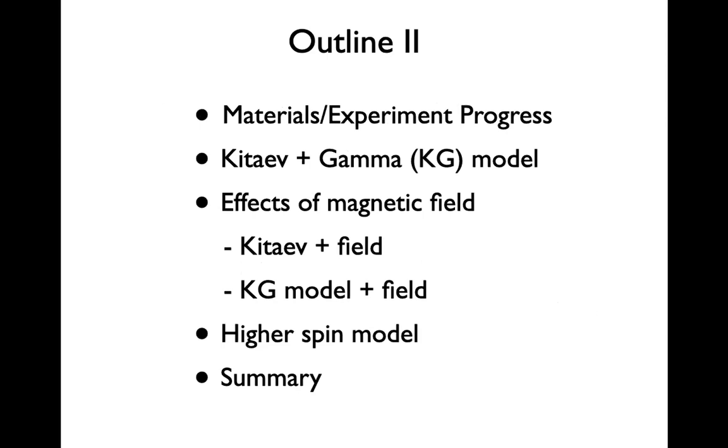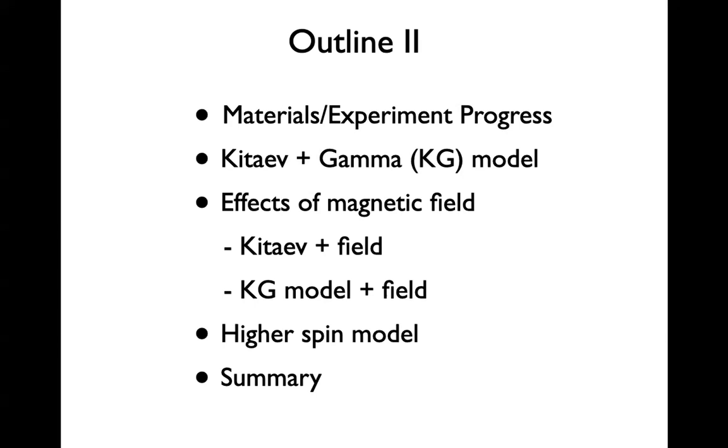So it's material and experimental progress. It's a short review mainly focusing on alpha ruthenium trichloride. And then I'll convince you that the physics of ruthenium chloride 3 is, in fact, that there are two dominant interactions. One is Kitaev and the other is the so-called gamma interaction. We'll learn a lot about what the gamma term looks like. And then we'll talk about the effect of magnetic field. So the Kitaev-gamma model plus the magnetic field.